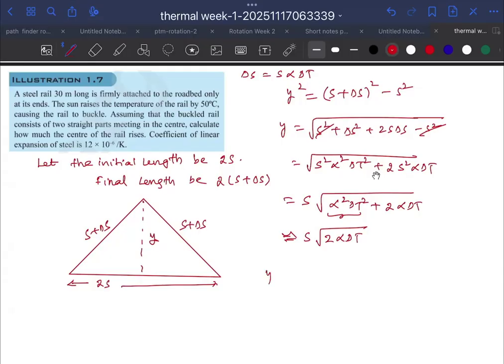Otherwise, y square is, when this is small,